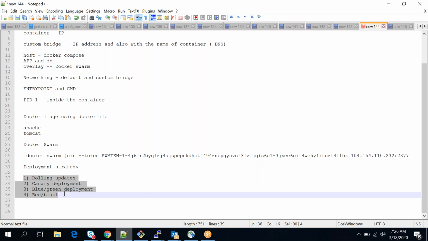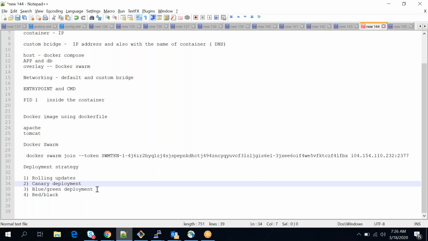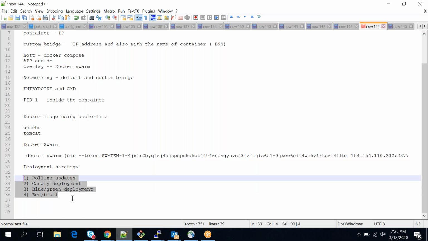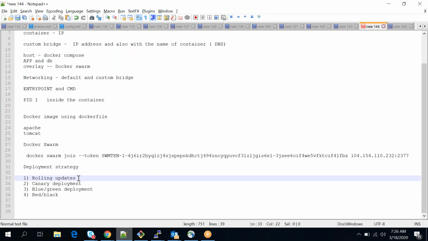Okay. With Docker also we can achieve rolling updates. Canary, yeah, not seen canary. Blue-green also possible. So we'll discuss more about these strategies, like what it means with each of these deployment strategies. What happens in the rolling is, let's take an example that we have 4 containers that are running